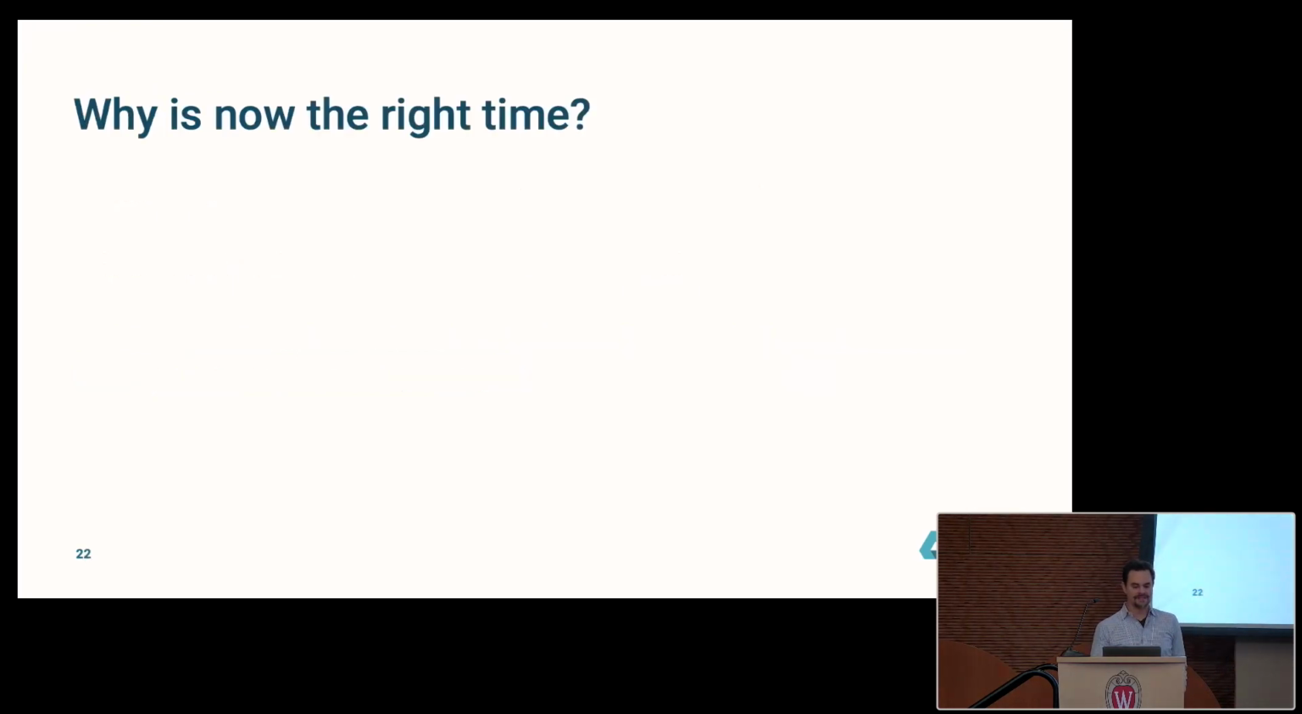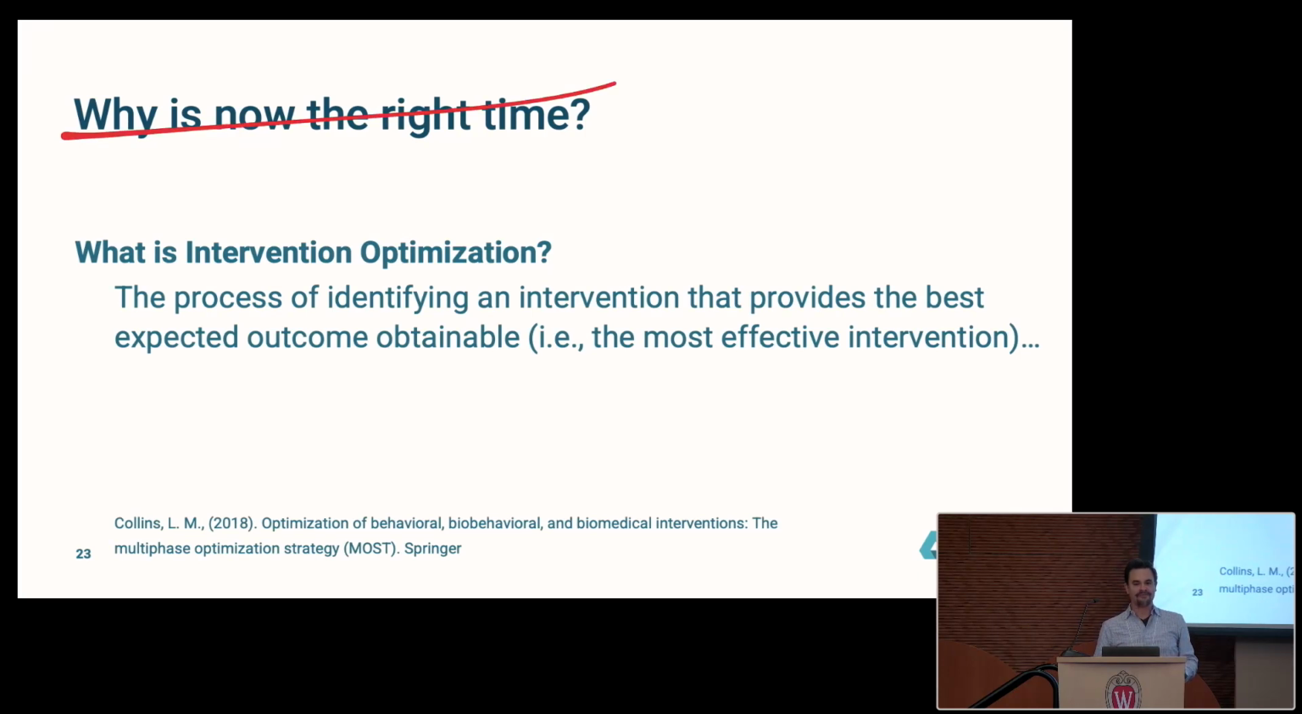I wanted to say a few things about why now is the right time, because that's a bold statement, right? If I say intervention science 2.0, that's pretty bold, right? It's provocative. And I don't know, are we in 3.0? I don't actually know, right? I just wanted to get your attention with that title. But first, I need to define what I mean by intervention optimization, because that's at the heart of this whole new thing we're doing. And that's the process of identifying an intervention that provides the best outcome obtainable. That is the most effective one, the one that reduces anxiety the most,